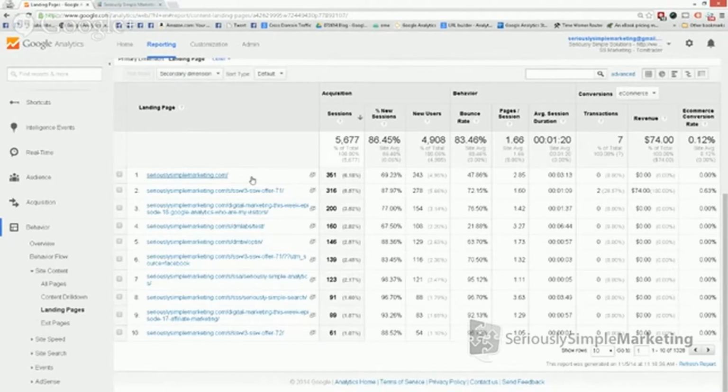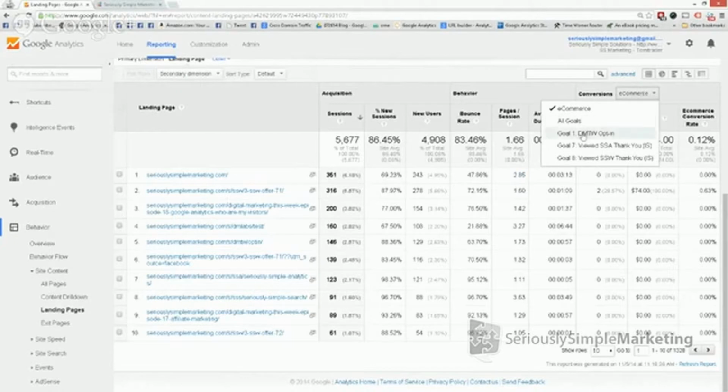And then in one session, I might be a new user. Once I'm a new user, Google kind of cookies you for 2 years once you're recorded on a site. So if I come back and Google recognizes that cookie, it goes, okay, they're just a returning user now, so it doesn't show in this new user section here. The bounce rate and pages per session are a little different here. Instead of exits and all that, you've got pages per session and still the average duration of the actual session.